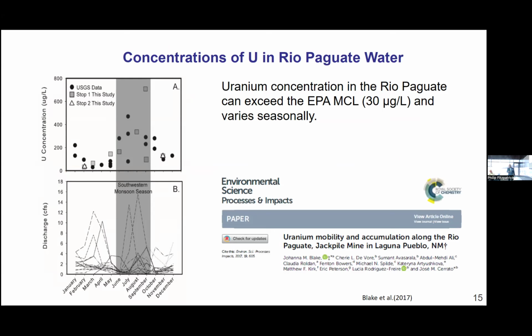And here are some uranium concentrations from 2014 to 2016. But Sherry had the idea, there was a gauge station of the USGS that operated from the late 70s to the 90s. So she said, I'm going to plot the data too. And to our surprise, what we found is that the areas where you have high flow,